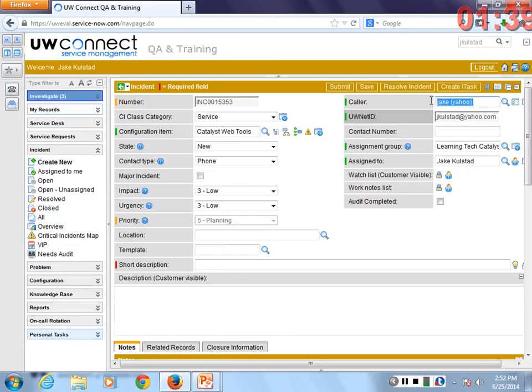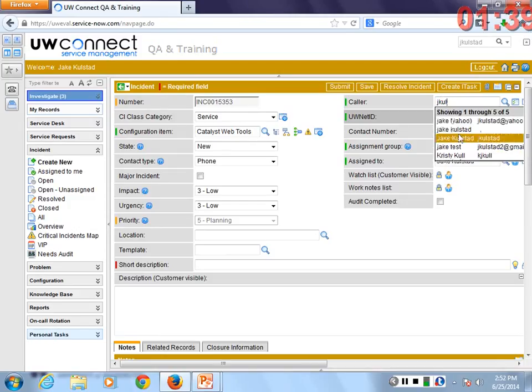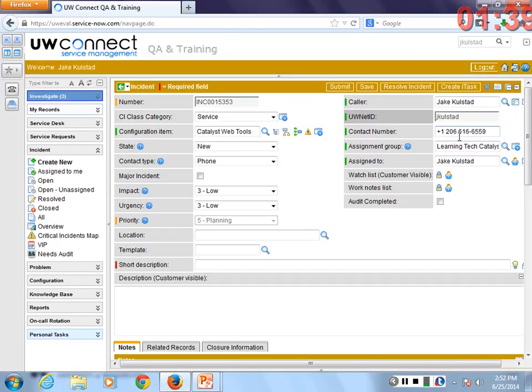I made a small error. I don't want a client to be the caller here. Okay? I would recommend that a service manager or an incident manager would actually be the caller in this scenario. So I'll select my NetID as the caller in this scenario. You could have any